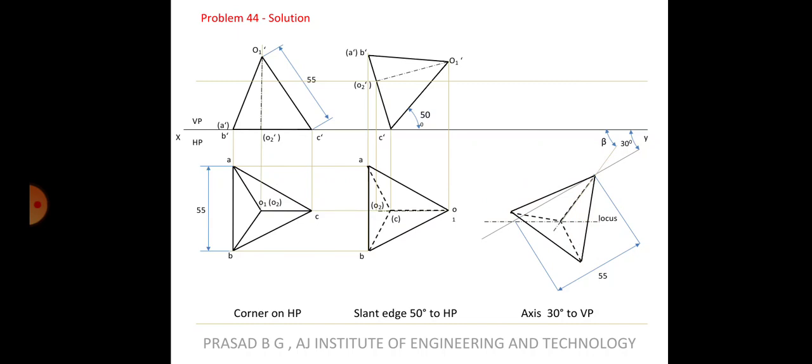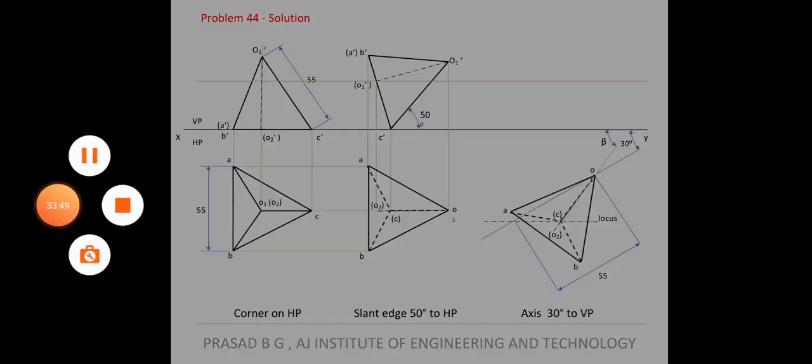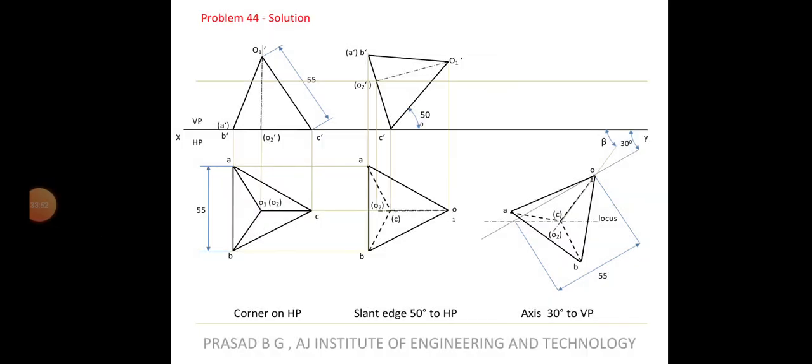Okay, then you have to draw the final front view. So projections, do the namings first. O1, A, B, C, O2, all the points you have to locate. Once you locate all the points, you have to project it upwards and you have to get the final view. Okay, so let's project it upwards. Projections from A, projection from B, projection from C, projection from O1, and O also has to be drawn.